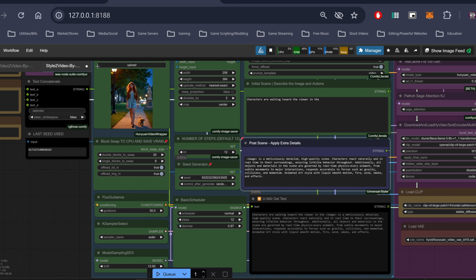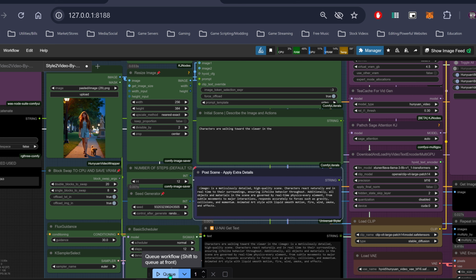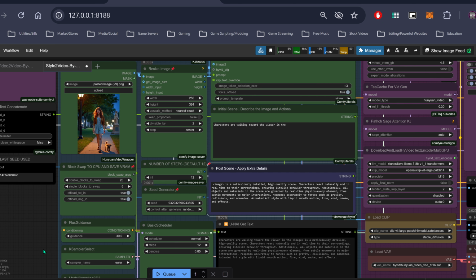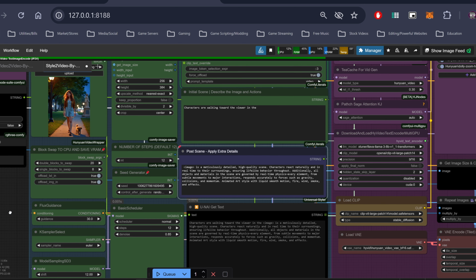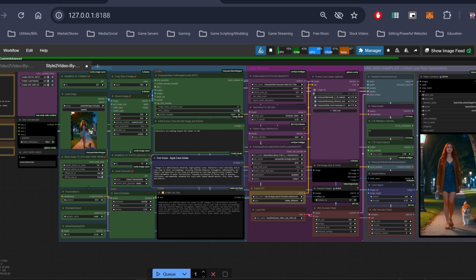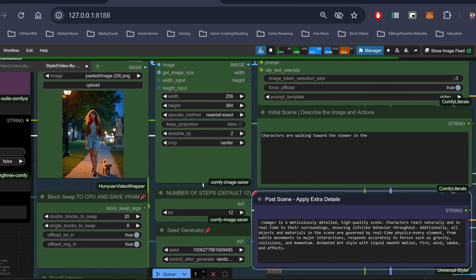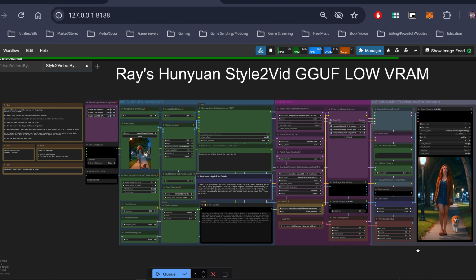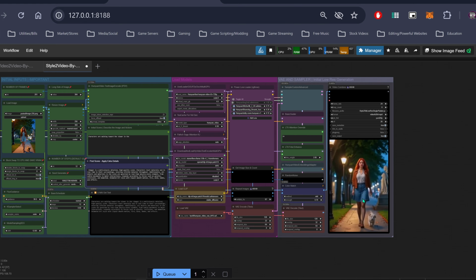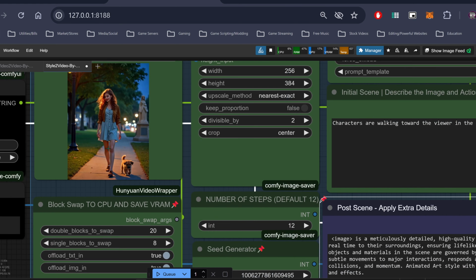If I set the number of steps up though, which 12 works pretty good for this workflow, I'm going to try setting the noise and strength down even further and just demonstrate how that works. I'm going to go ahead and queue it again, and it actually takes less time to go through the processing when you lower the noise and strength, because it already has sort of a background image to work from. So you can see where I set the noise and strength down, it's going to start looking more like the original image here. See, now it's looking more like the original image,